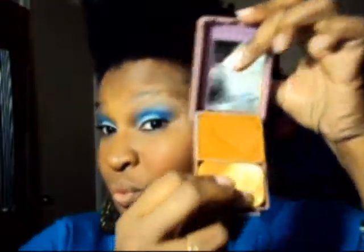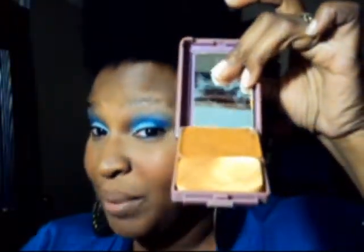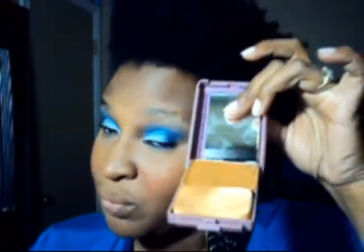And then the CoverGirl cream to powder. What I have found, this one really, really transfers, but it's full coverage. So if you can get your right color and use this and then probably still set it with a translucent powder, you might have a little bit better luck if you don't want to go and buy a full coverage type of makeup. But recently I started using the Iman